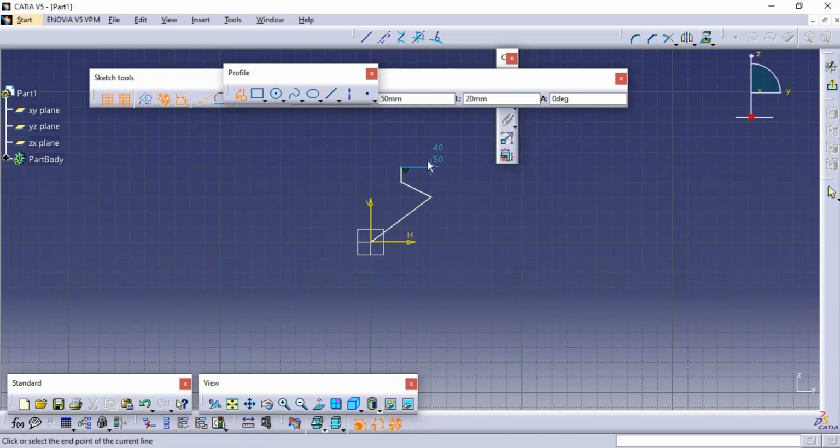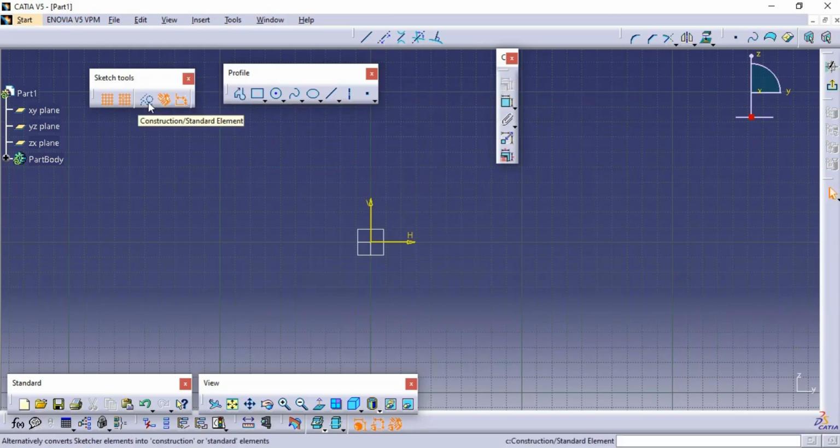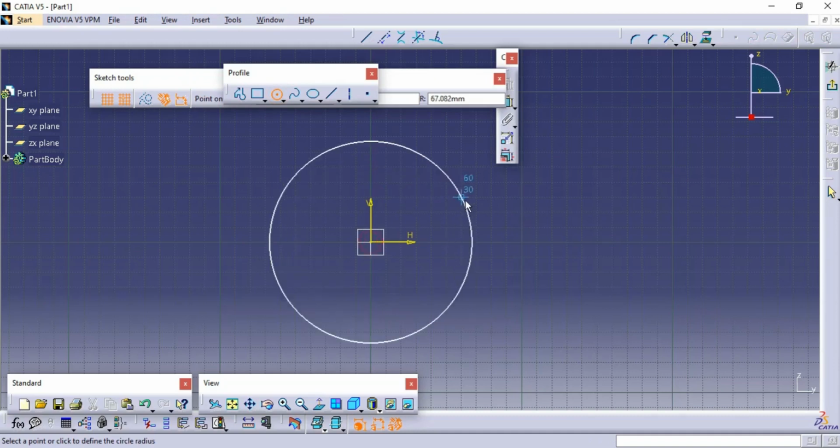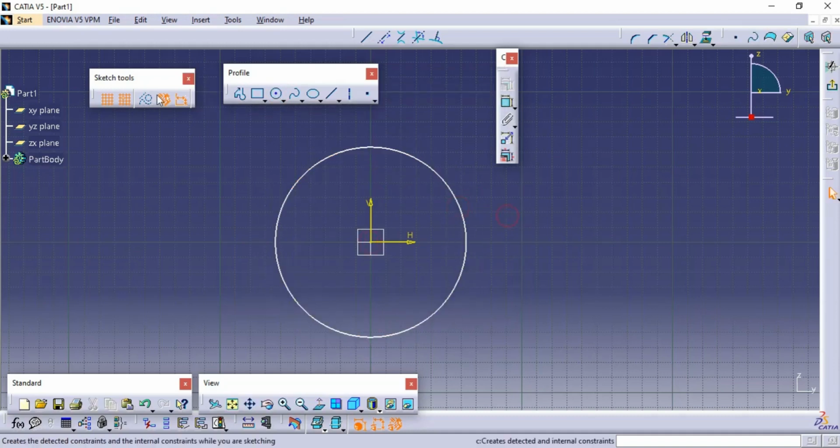Next to that there is the Construction toolbar. With the help of that construction toolbar, what can we do? We can create reference geometry. For example, here I have drawn a circle and I need to convert that circle into a pitch circle. For example, at the time of drawing flanges we need to generate holes on the pitch circle. So we have to click on the circle and then select the construction line. So this dark circle will be converted into a dotted circle.